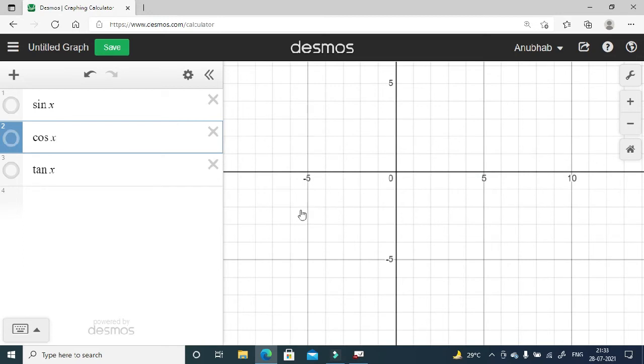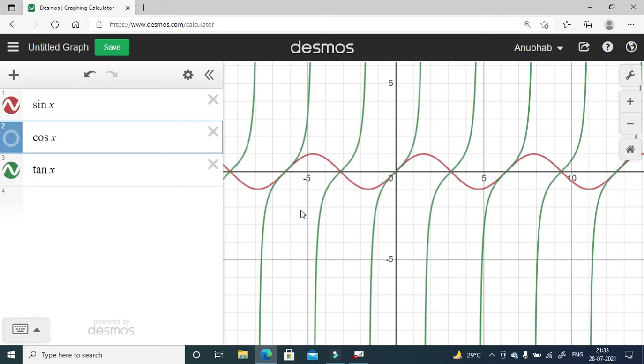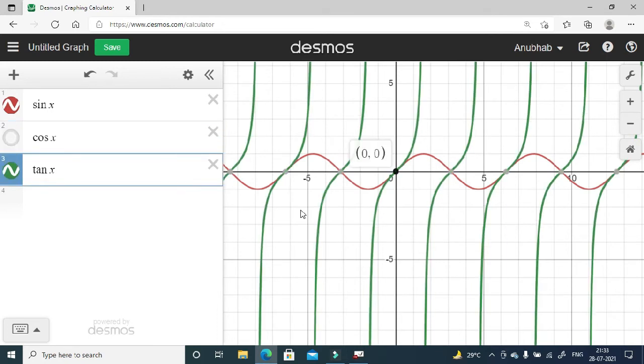So we are now showing the graph of tan x and sin x. So you can clearly see at each of the points of intersection with the x-axis, both the graph of sin x and the graph of tan x are intersecting at only these points. So this is the point 0, then pi, then 2 pi, then 3 pi, then 4 pi, and on the negative side this is minus pi, minus 2 pi, minus 3 pi, and so on.